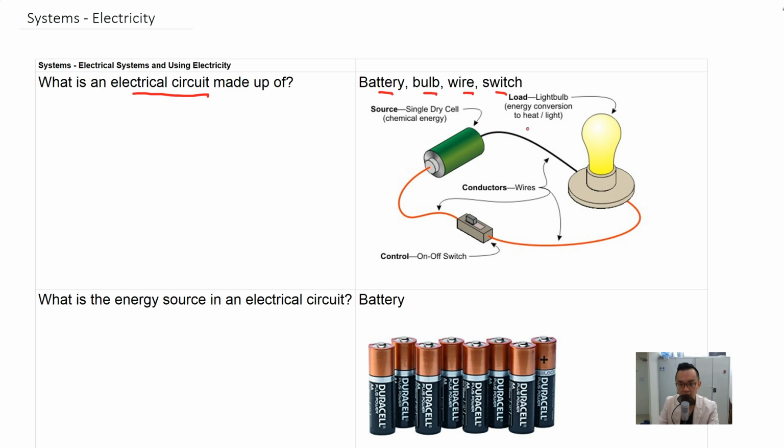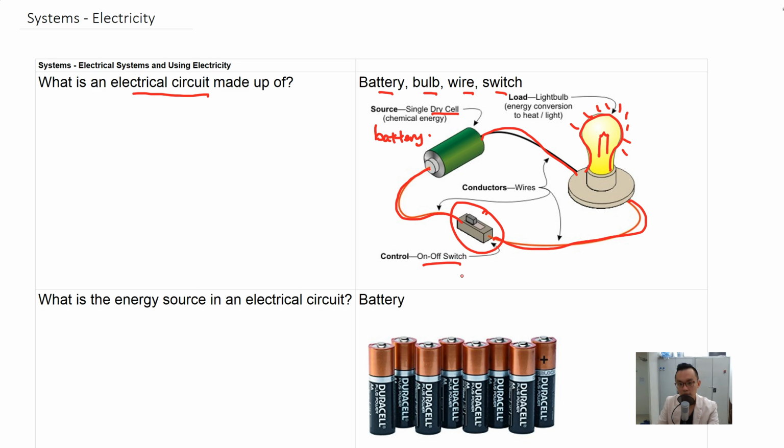Let's look at this diagram to see what it looks like. So this is the battery. It is also known as a dry cell because it uses chemical energy. So this is the wire. So this and these and these are the wires. This is the light bulb. And this item here is the switch, which controls the circuit to on